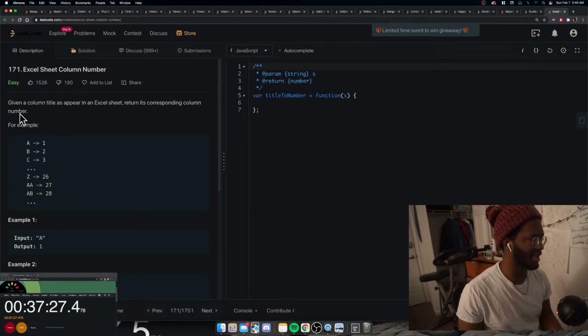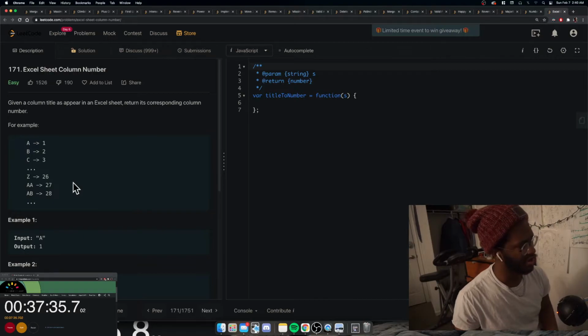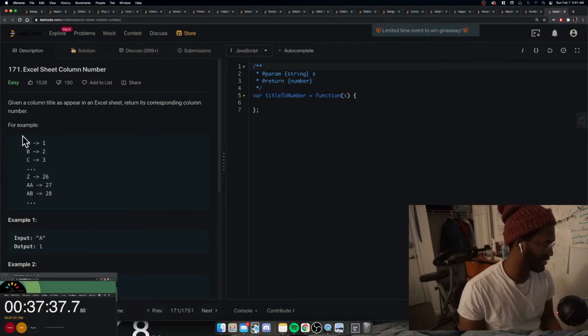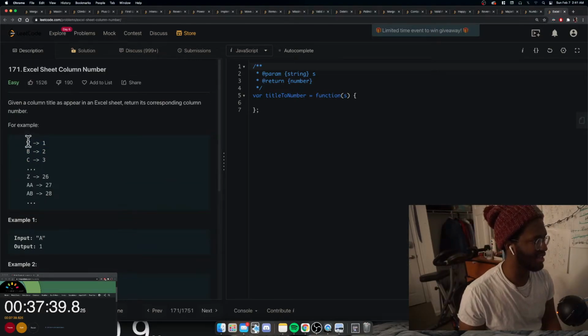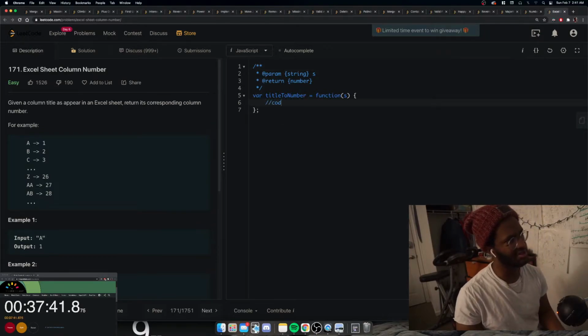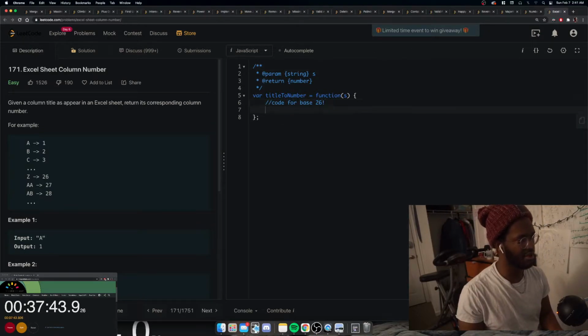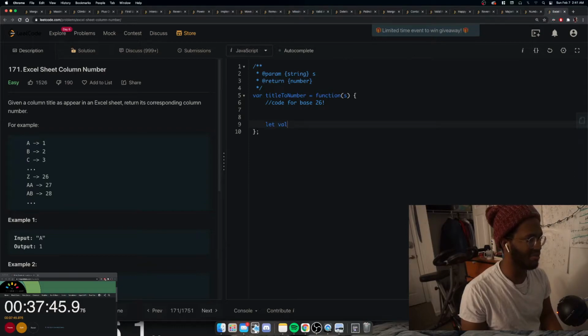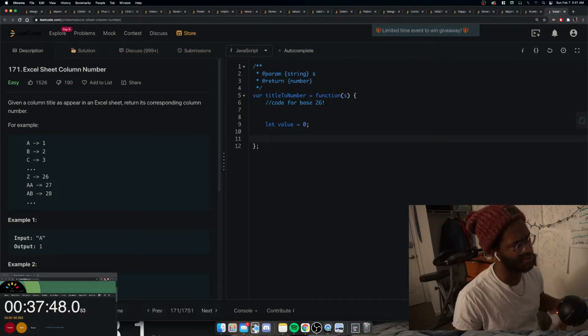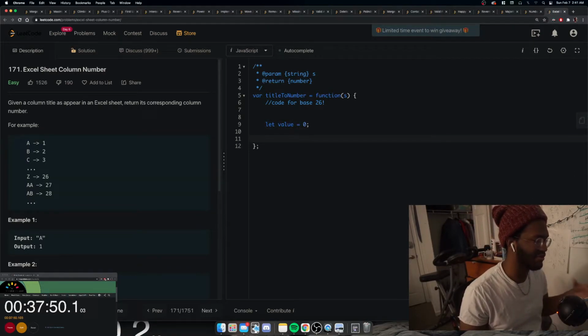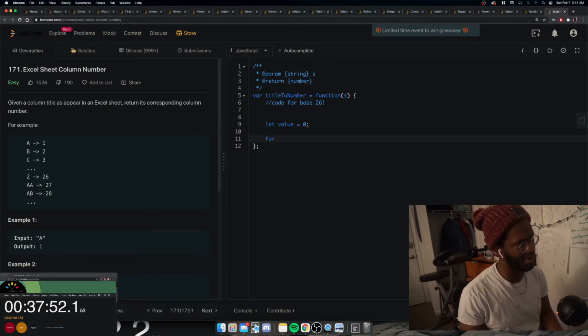So given a column title as appeared in Excel sheet, return its corresponding column number. A maps to 1, B maps to 2, C maps to 3, Z maps to 26, AA maps to 27. So what you can see in this one is that A to Z is actually just code for base 26. So what they want us to do is calculate the value as if this was base 10, base 16, hex, or binary, so it's not really going to matter. We have to make sure that we're iterating over